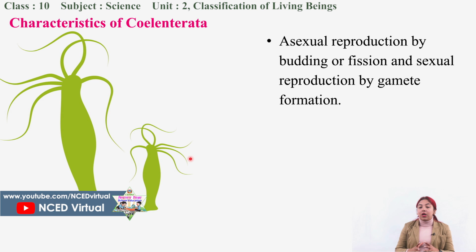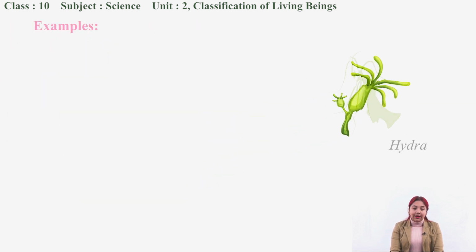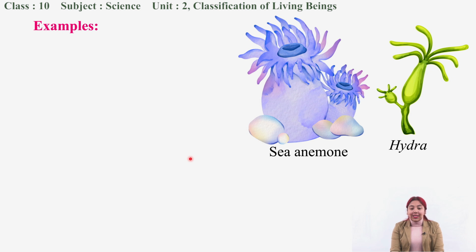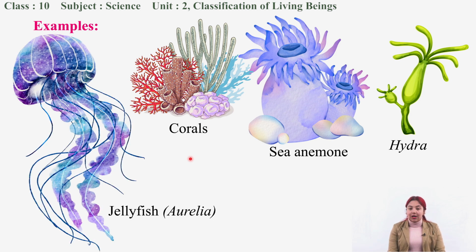Now sexual reproduction occurs by gamete formation. Now let us look at a few examples of the organisms belonging to this phylum. So we have Hydra. Sea anemone is also an example of Coelenterata. Corals are also examples of Coelenterata, and jellyfish are also examples of Coelenterata. Now let us study another phylum,